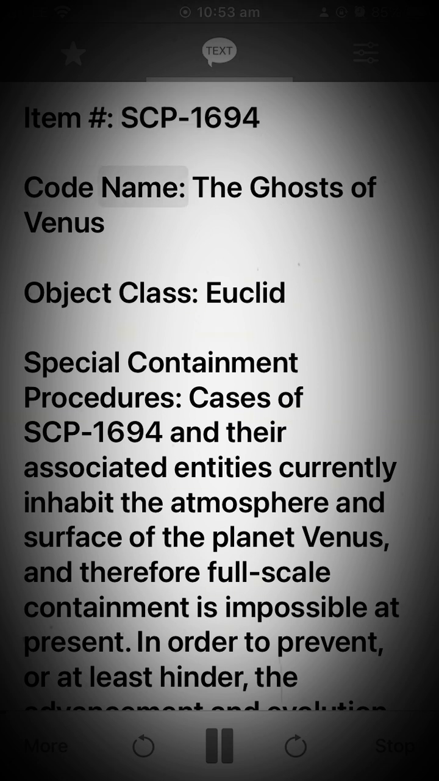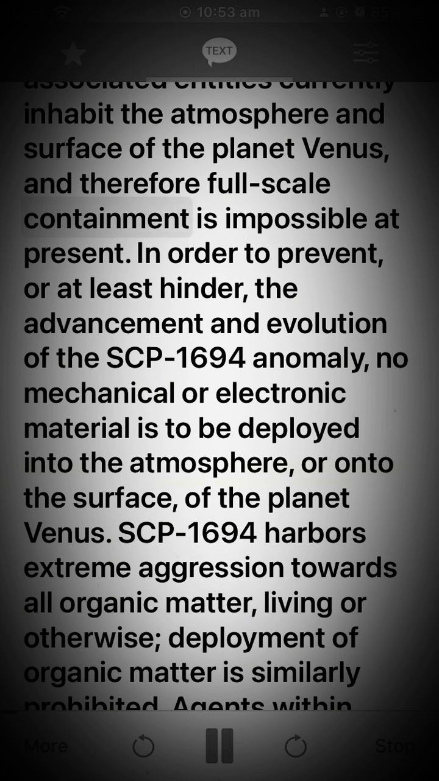SCP-1694. Code name: The Ghosts of Venus. Object Class: Euclid. Special Containment Procedures. Cases of SCP-1694 and their associated entities currently inhabit the atmosphere and surface of the planet Venus, and therefore full-scale containment is